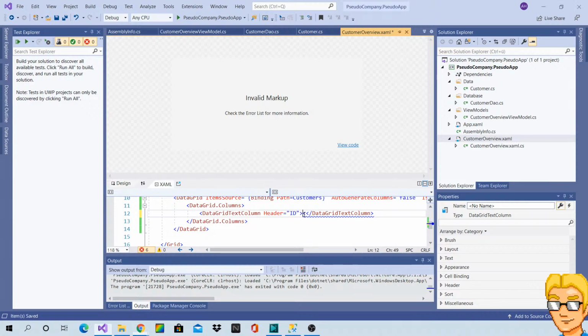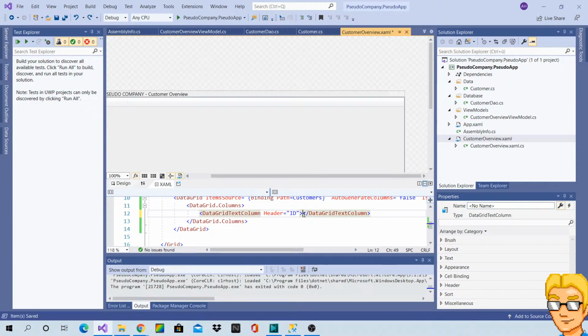Sorry. Binding was actually correct. Oh no, actually. Customer ID.